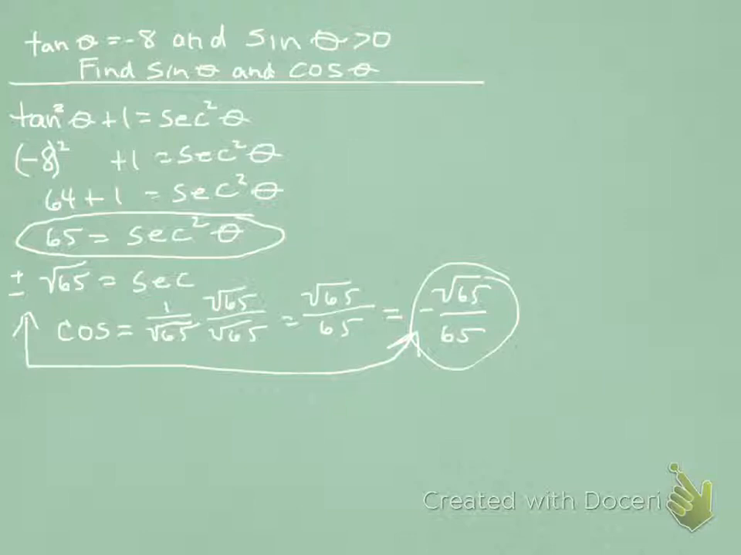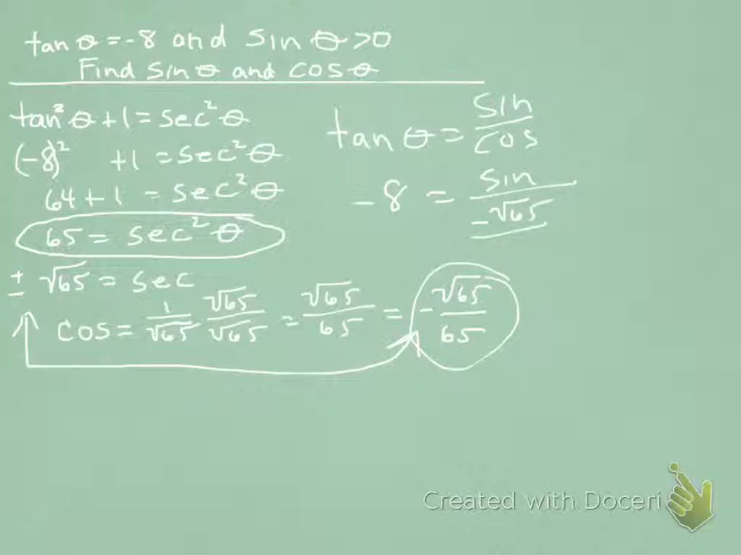Now the rest of our problem is to solve for sine. And at this point we can just go back to the very basics. We have the tangent, and we know that the tangent is equal to the sine over the cosine. And we've been told that the tangent is equal to negative 8. And we know the sine is still a mystery, and that is over the cosine, which is what we just found out, which is negative square root of 65 over 65. Now if we cross multiply these two values,